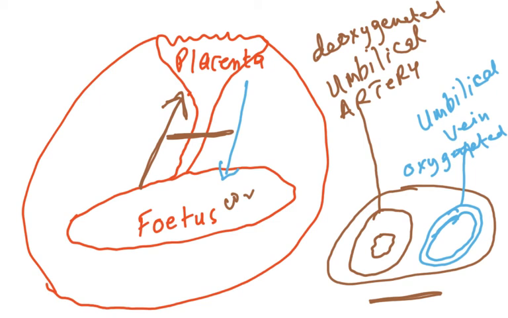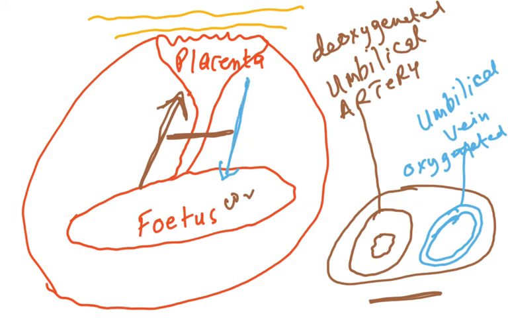Please understand that the mother's blood is on this side, it's in the uterus wall. So the deoxygenated blood of the umbilical artery is going to be from the fetus to the placenta. Please be very clear and understand this. Fetus to the placenta. Now the oxygenated blood in the umbilical vein is going to be in the other direction,